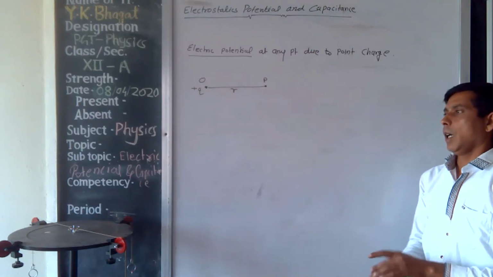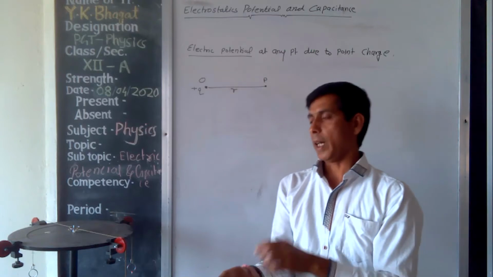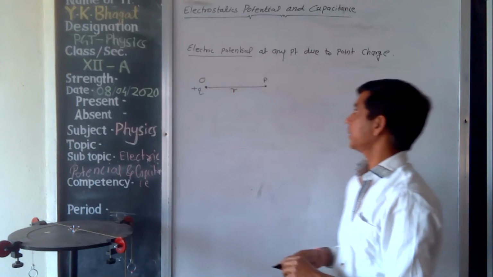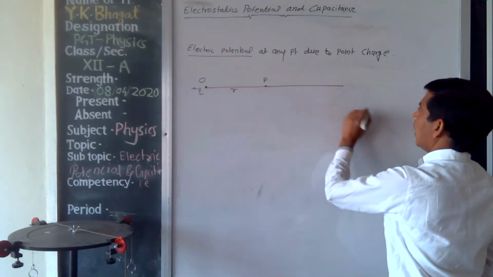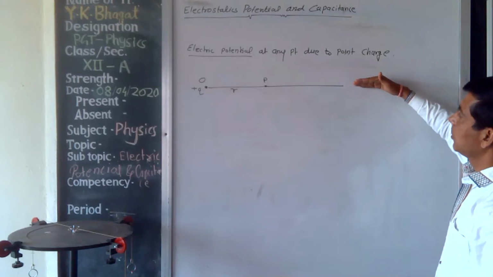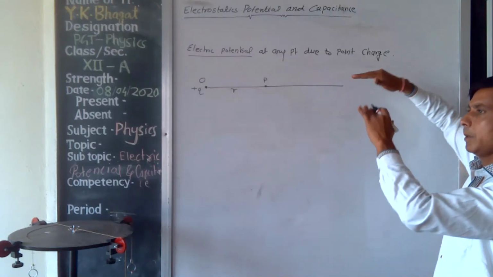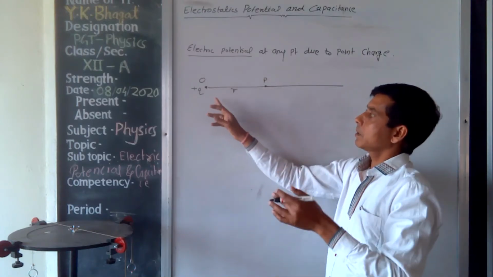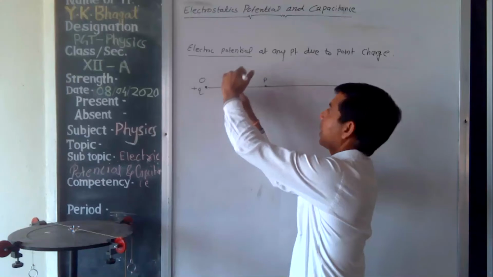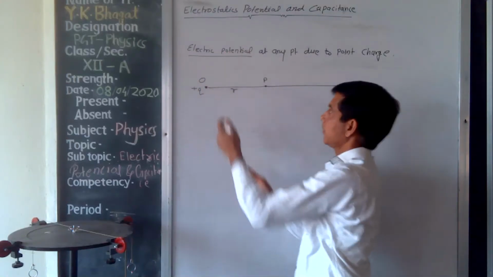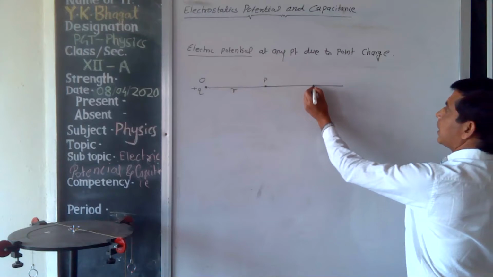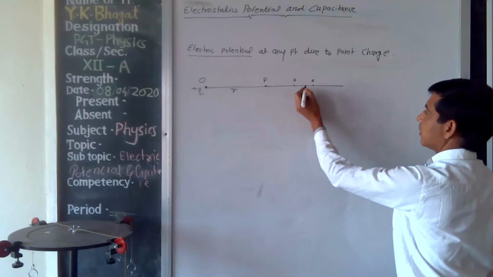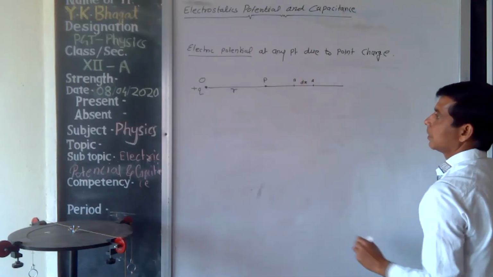And how can we find the potential? For potential, we bring the unit charge from infinity to that point. Our target is that a unit positive charge is brought from infinity. What is the definition of infinity? Infinite distance is the distance outside the electric field of that charge. For this, we take two points A and B, separated by a small distance ds.